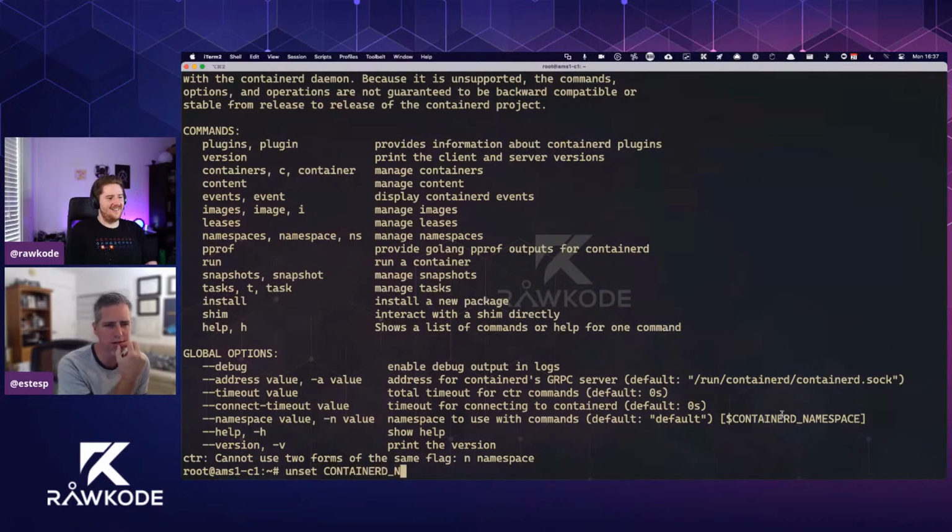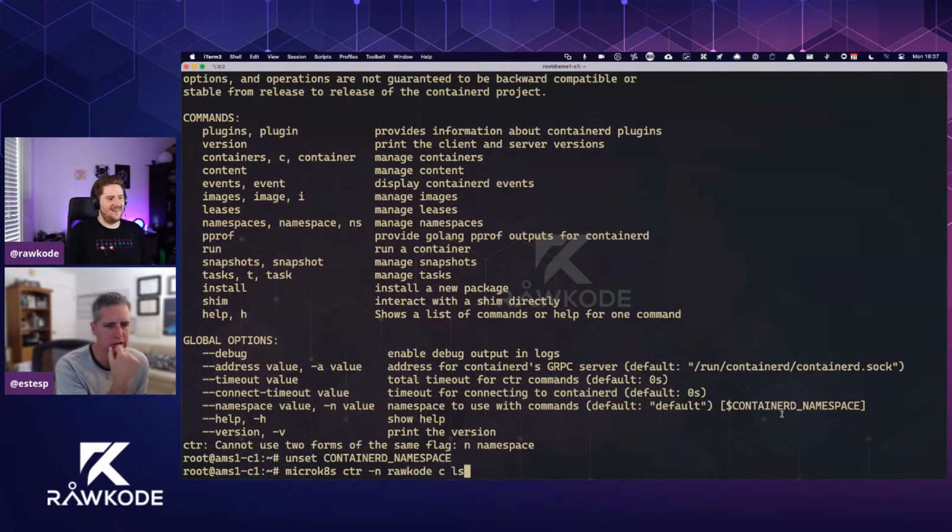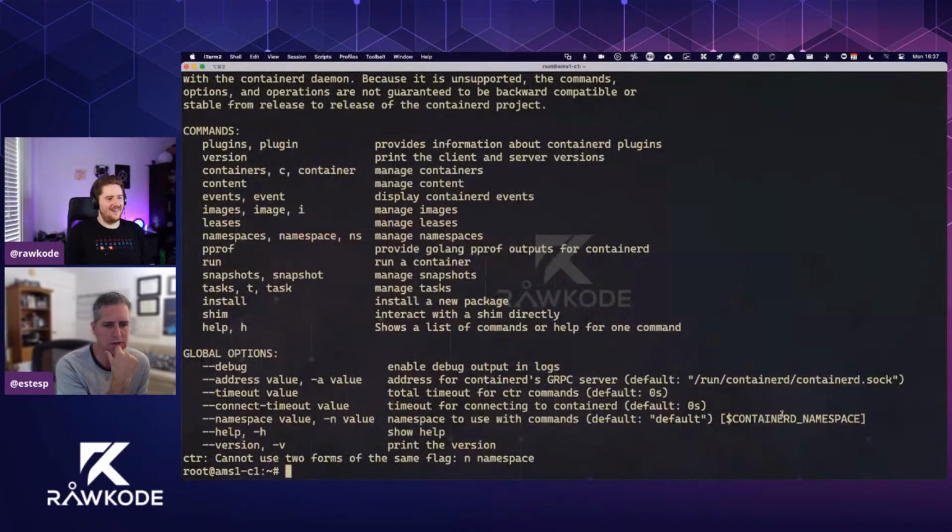Yeah, I think CLS should be namespaced. Oh, you know what? I think we're having fun with MicroK8s doing something by default behind our backs. I think they're setting the namespace for us so that we get the MicroK8s environment.